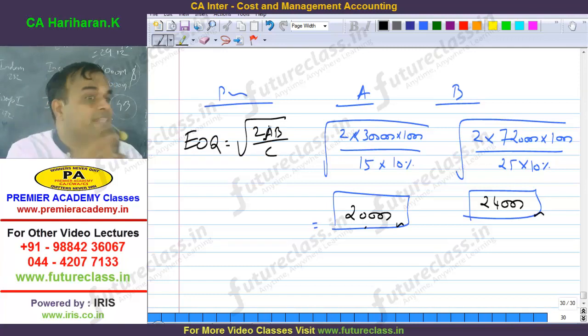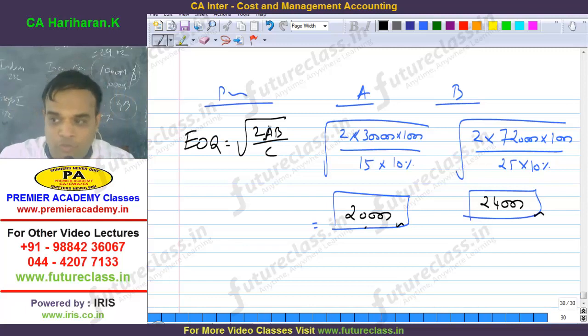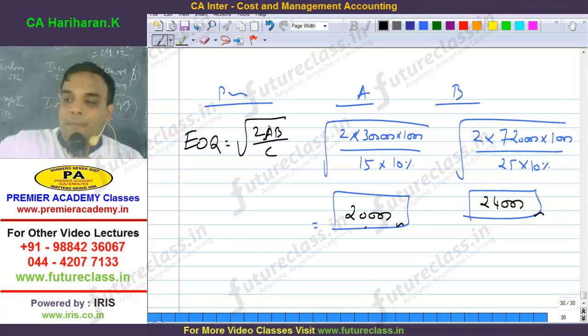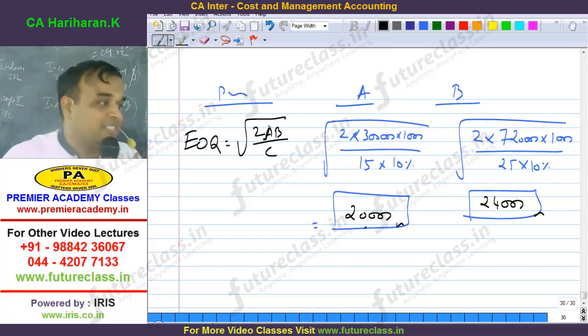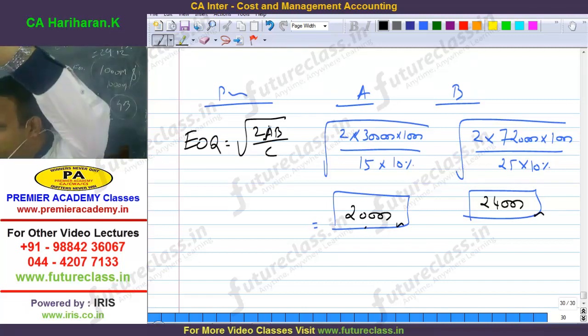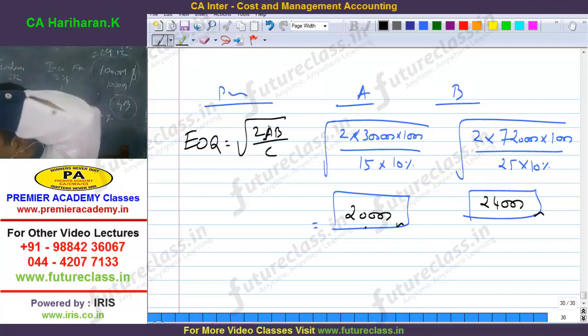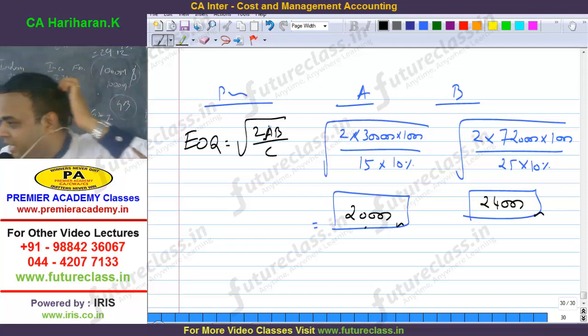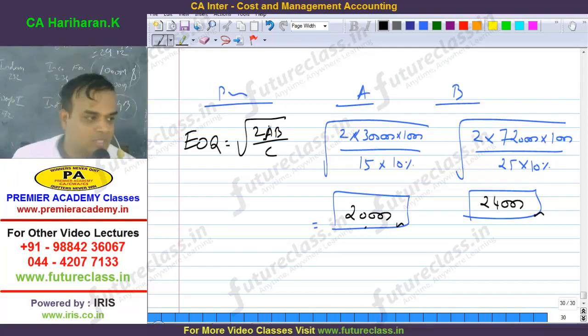But you won't read the line carefully. If you are not going to read the line, that's all over. Because EOQ formula, you know very well, A is equal to annual requirement. Fortunately, in this problem, production is also per annum. That's why, if production is for a period, 6 months, per quarter, per month, A you have to convert into per annum consumption. Are you able to appreciate the logic? Somewhere, please note it down, so that you won't forget.